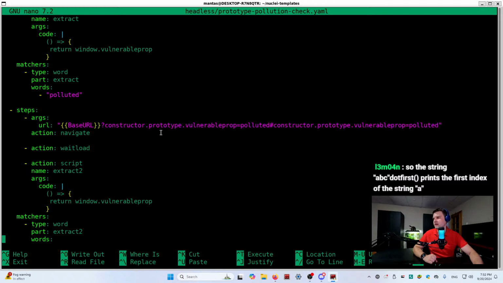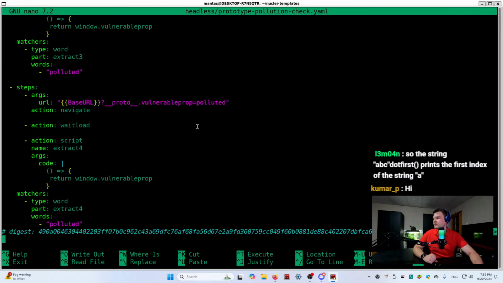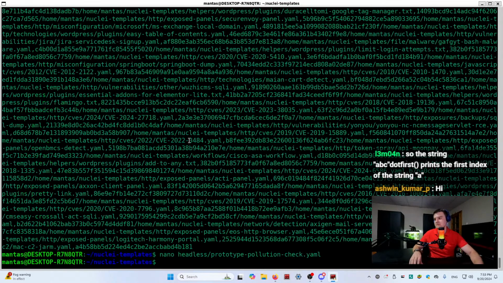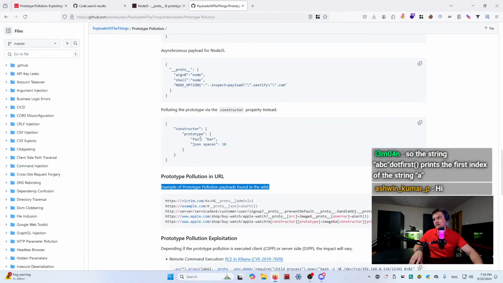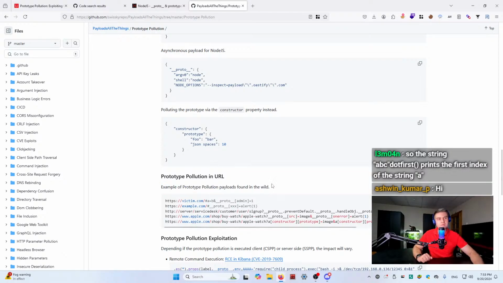Other is trying another type of prototype pollution. Constructor prototype vulnerable prop. Okay, polluted. So there is actually a template for checking that, but I guess if you want